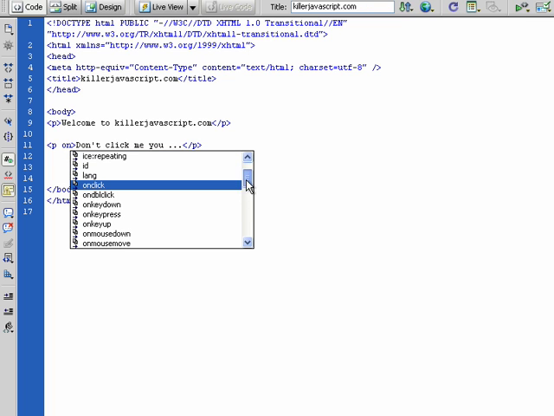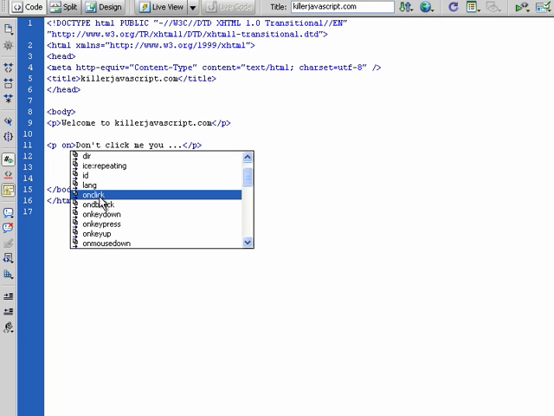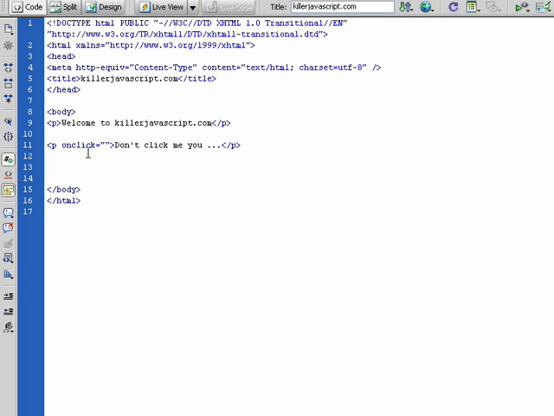So Dreamweaver is intelligent enough to figure out what we're trying to do. So it gives us these options. So I'm just going to double click on that. So on click. So what are we going to do on the click? So we're just going to pop up our handy alert box. We've seen this in a previous video. And I'm going to say,